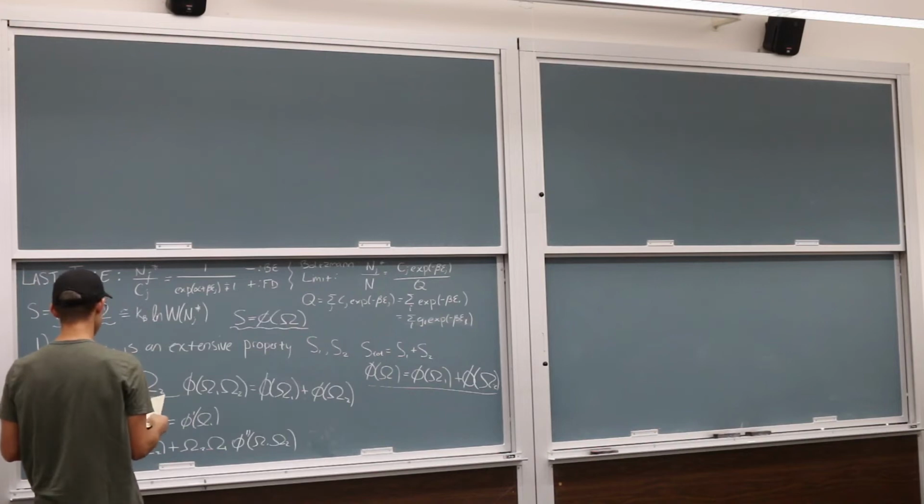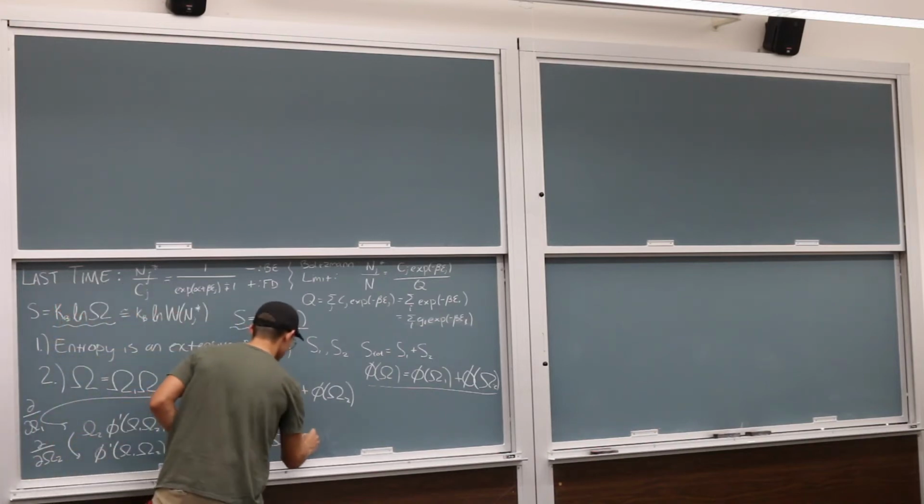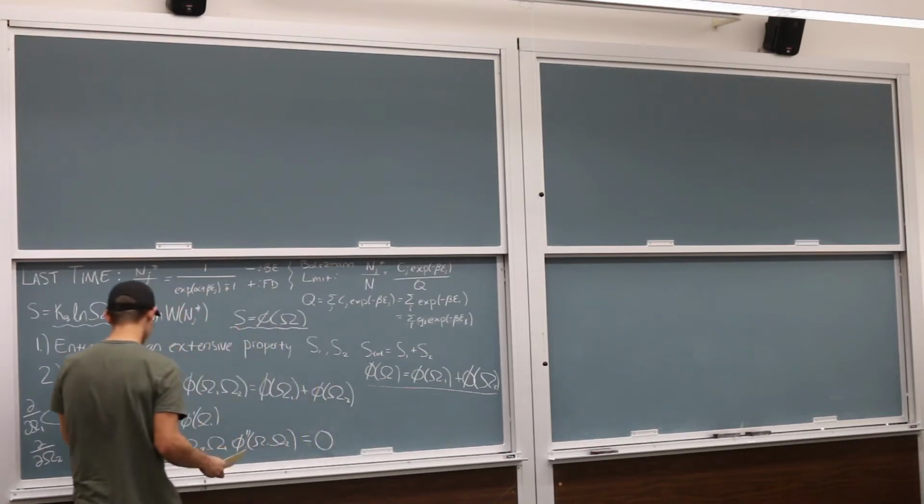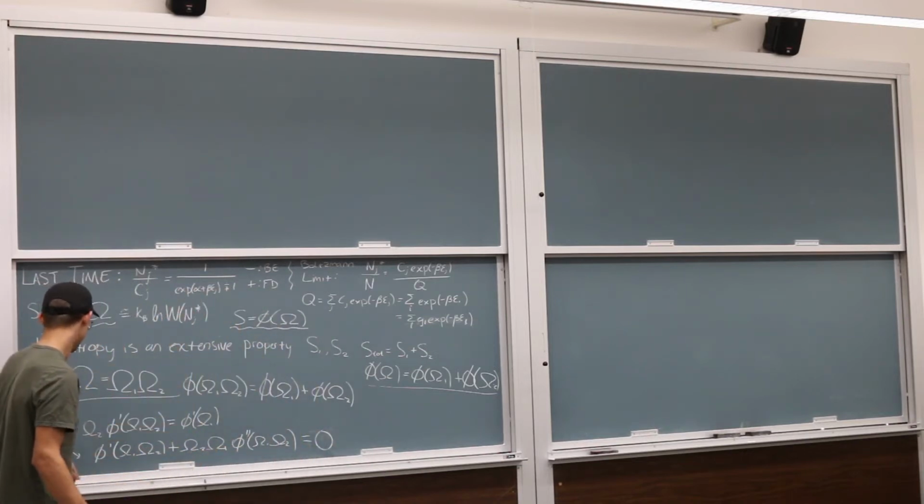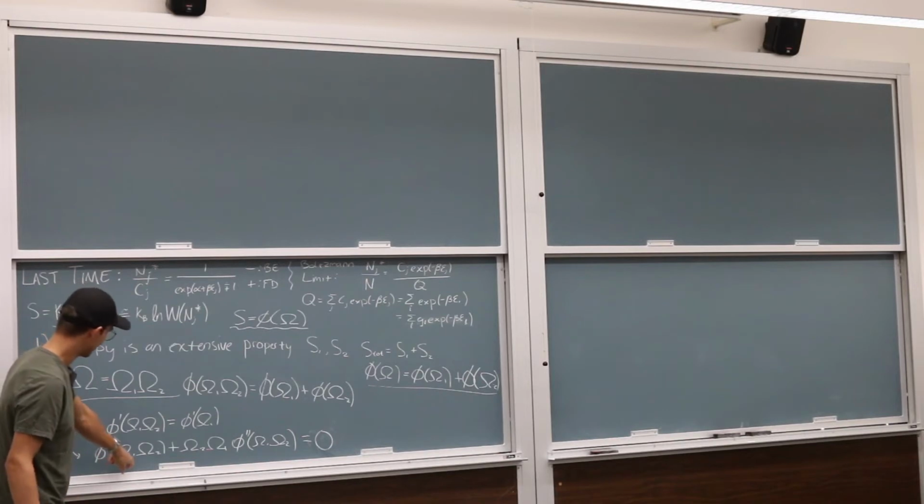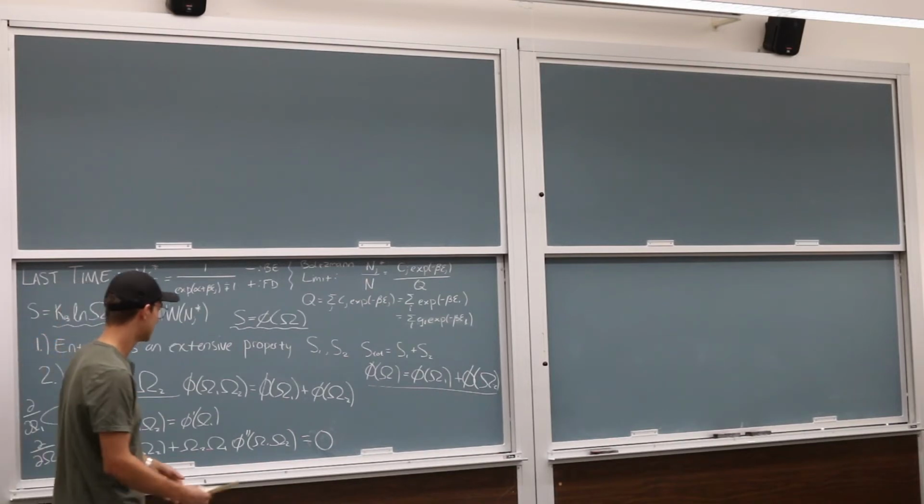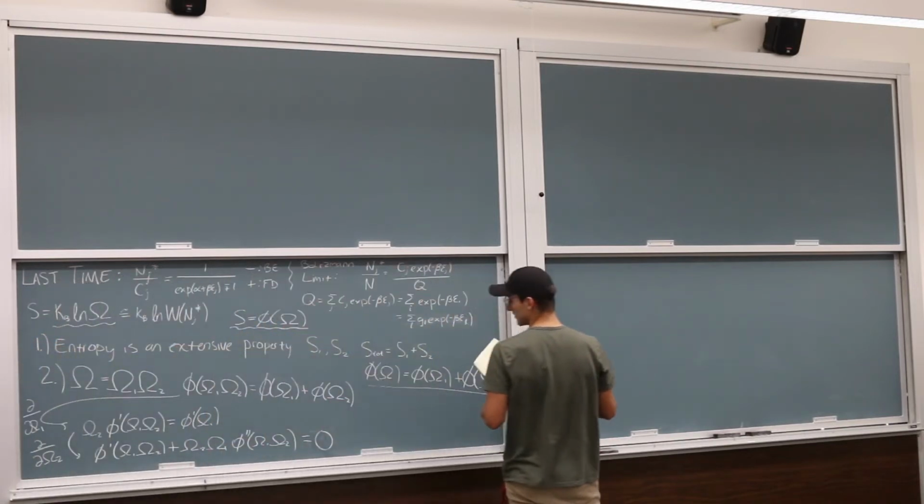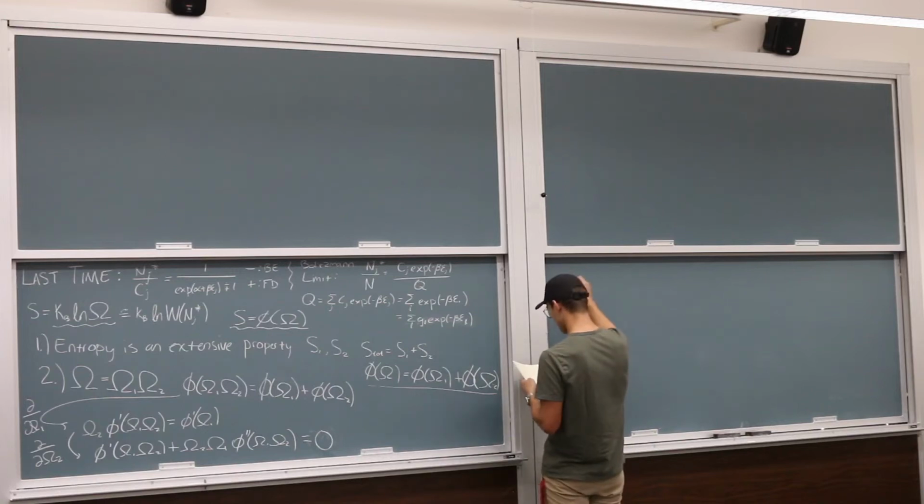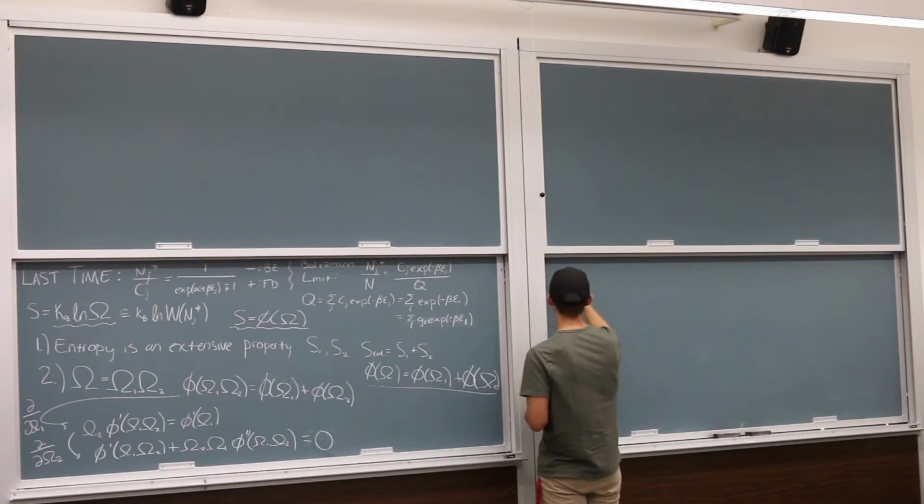This is equal to 0, because we differentiated the other side, and the other side was not a function of omega 2. Okay, and then omega 1, omega 2 is just omega. So we'll continue over here, and we end up with a differential equation of the following form: